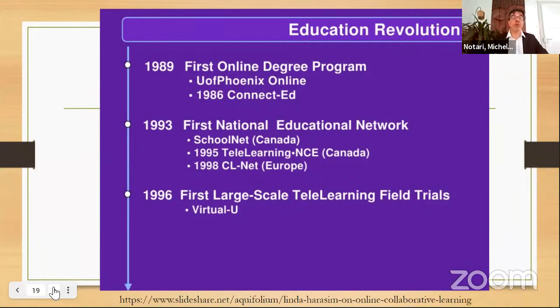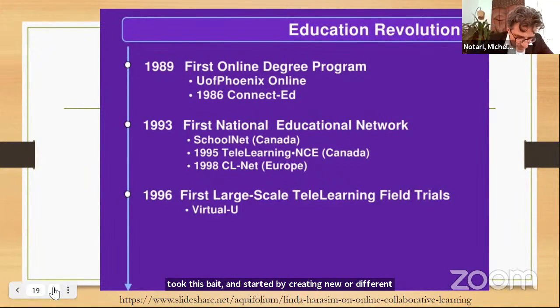And if you have a look, the web was invented in 1992, 1993, and education already took this bait and started by creating new or different opportunities for learning. Which means education was actually one of the first, or a very important element driving the development of the internet, before other services came up, before other stakeholders took over, before big companies started to use the internet for their purposes, which were not purely or not